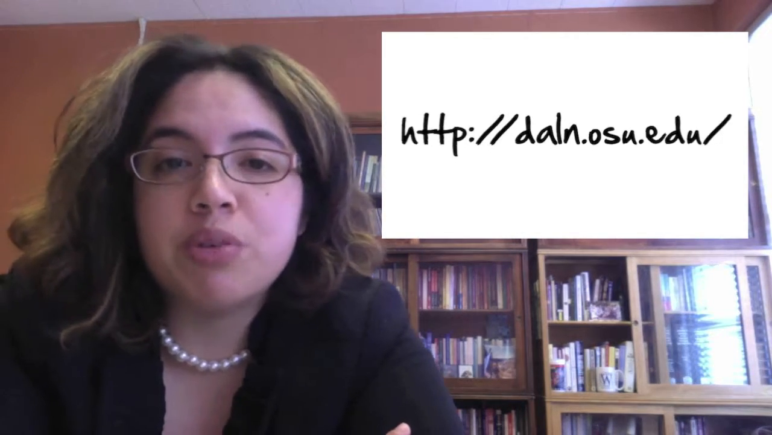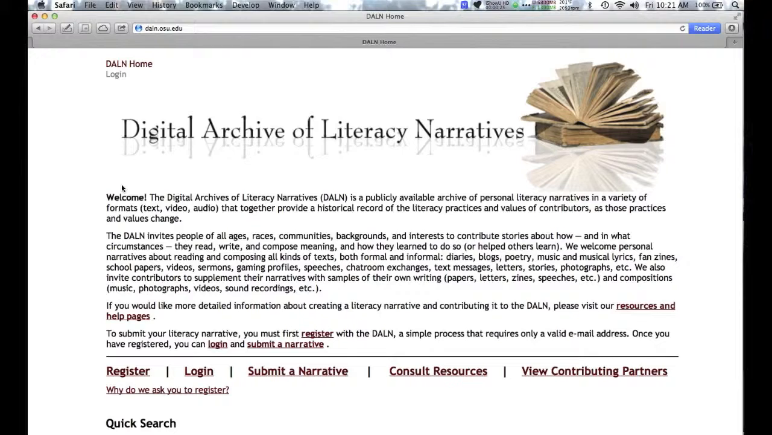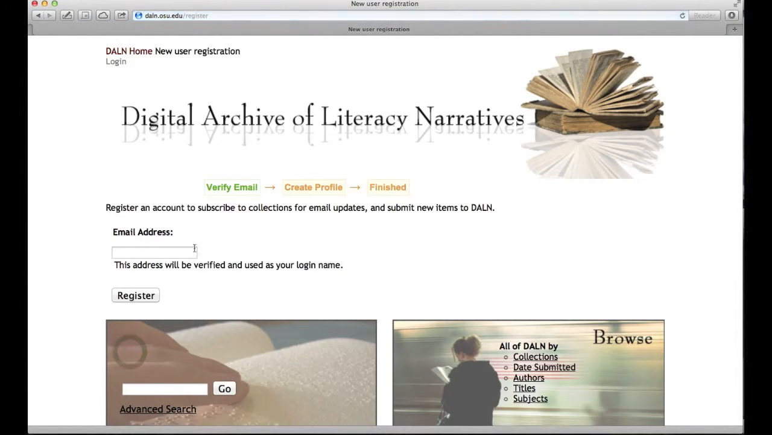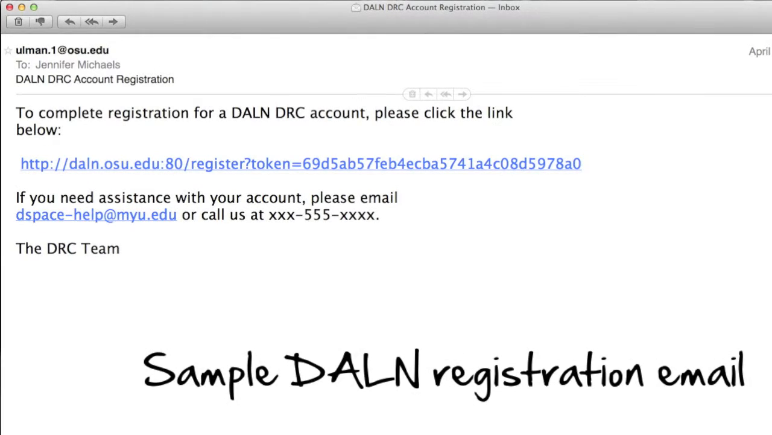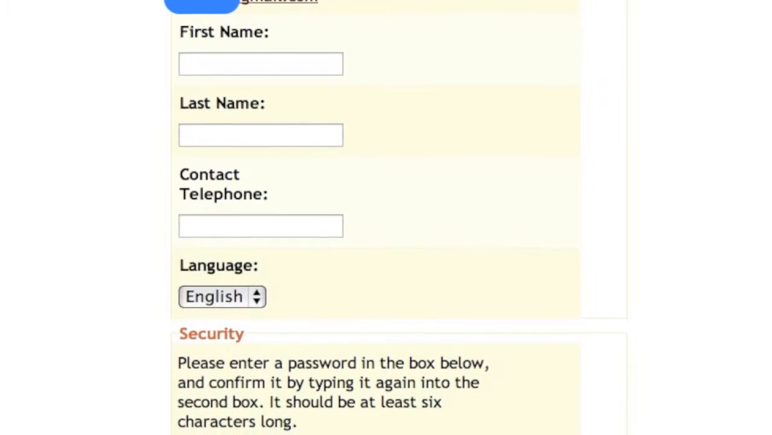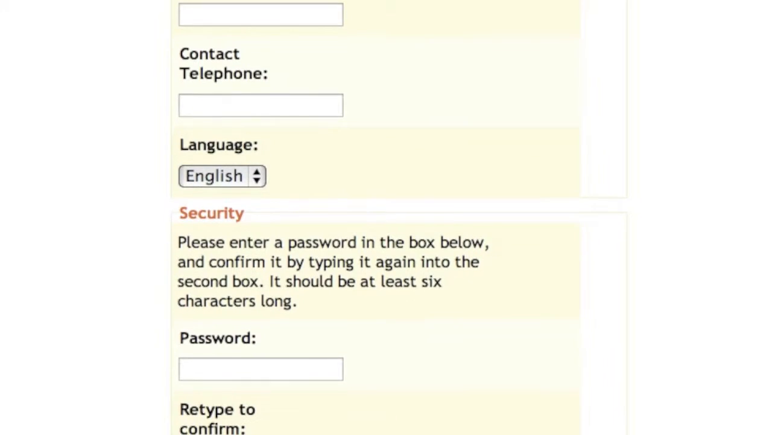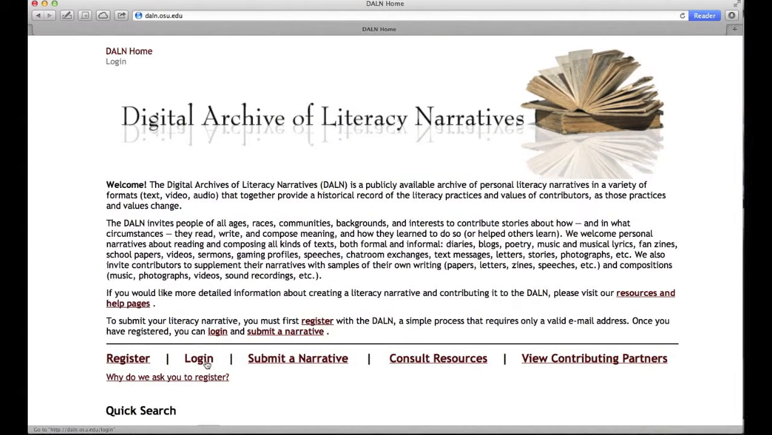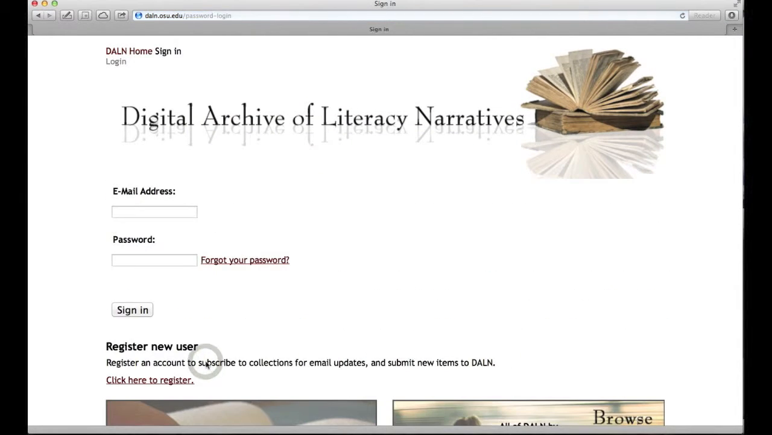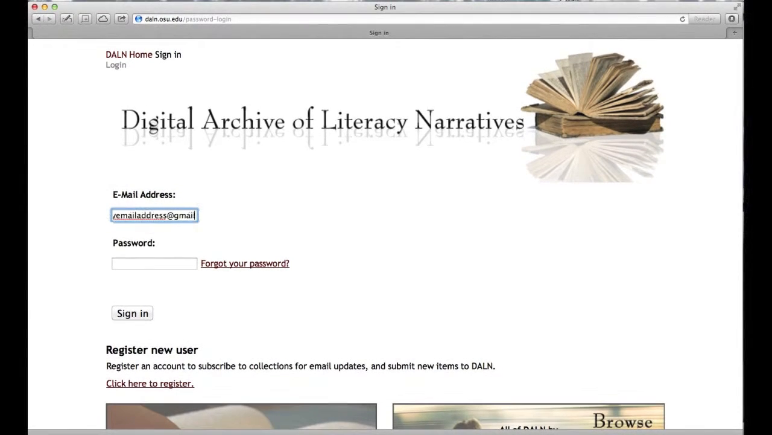When you click register, you'll be prompted to enter an email address, and you do want to enter an email address that you actually check, because the next step after you've clicked submit is you're going to go and check your email, and the DALN will send you a password so that you can then return to daln.osu.edu, click the link that says login, and you can use this new information to get into your account. Once you're logged in, it's going to automatically take you back to the home page for the DALN, and